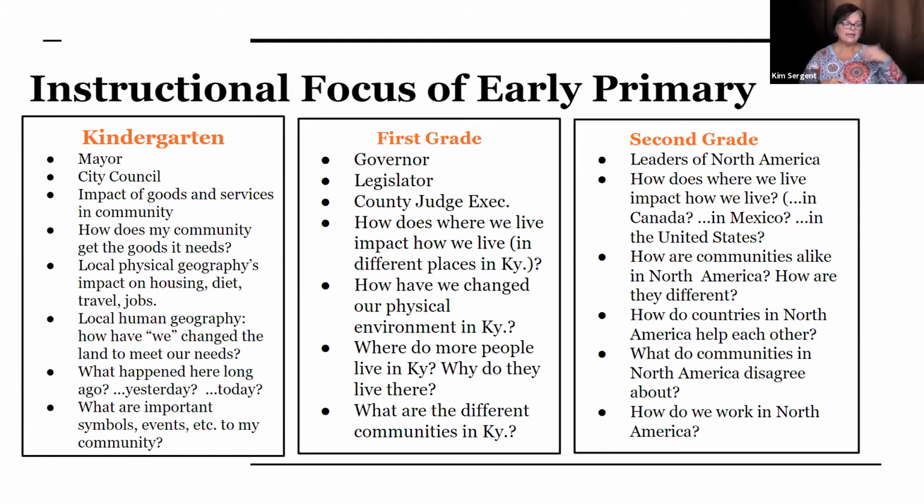Why is it that here in Eastern Kentucky we have the industries we do, which is coal, some lumbering, in comparison to Central Kentucky, where they have a lot of flat ground? So they're going to do tobacco, they're going to have horse farms, corn. Go out west and you have corn and soy. So how do the different communities in Kentucky support themselves, not only financially, but also within their community? Going over to second grade here, leaders of North America.